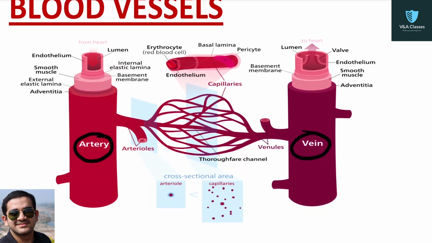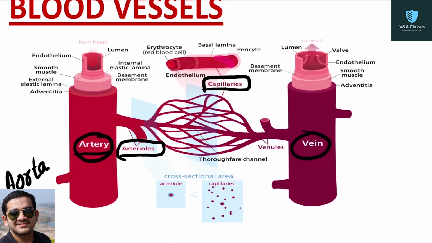In this diagram you can see a lot of differences. At first let's see the branching pattern. Aorta that was coming out of the heart will branch into various systemic arteries. These arteries will branch into various arterioles. Then these arterioles will branch into even finer vessels which are called capillaries. Capillaries are single layer thick. The outer covering of these blood vessels consists of only a single layer of cells, so that there is ease of diffusion of the oxygen and carbon dioxide.